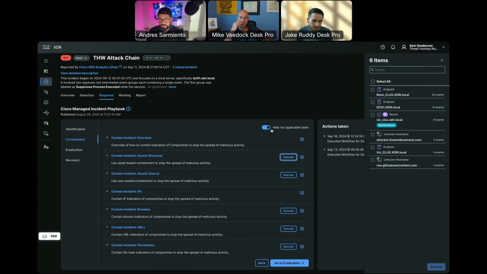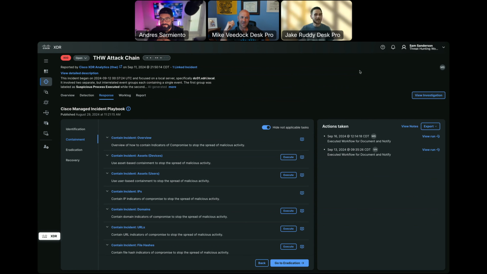So I said, yep, let's do it by devices. It says, cool, here's all the different endpoints that were part of this. Here's the number of events that we saw for each one of those endpoints. I know this Remy guy had all sorts of suspicious and malicious behavior associated with it. I check the box. I'm not going to click execute. This is a live lab we use all the time, so it will run. I hit execute the workflow once, right? There is now all the API calls that need to happen.